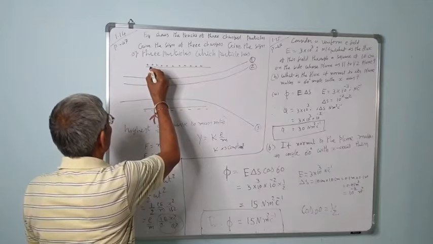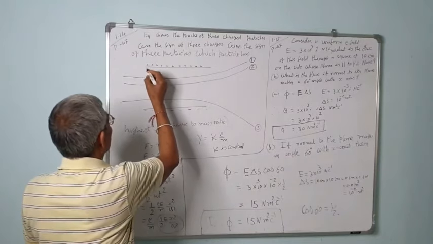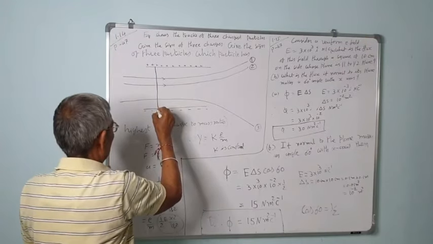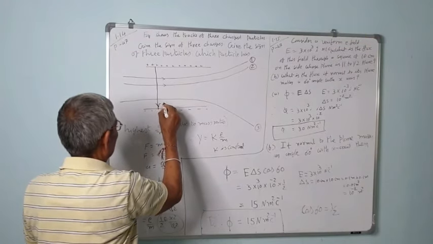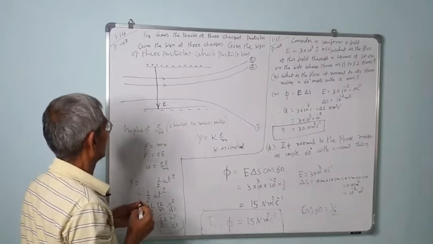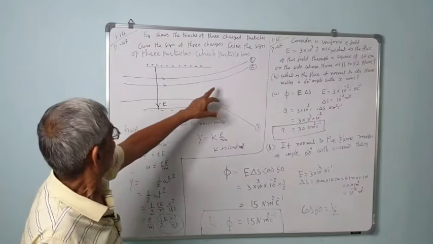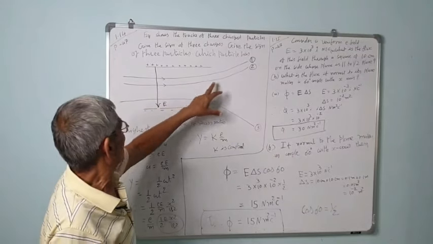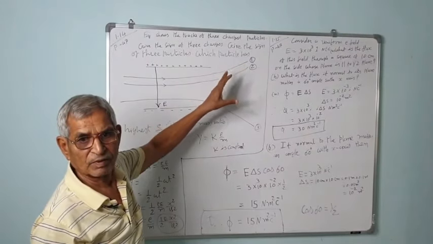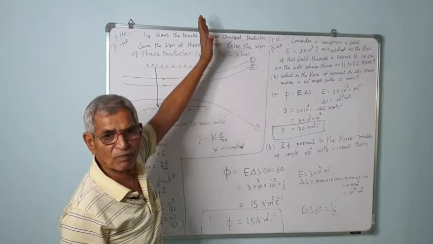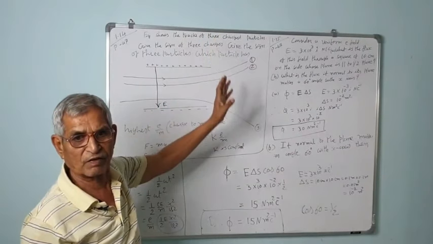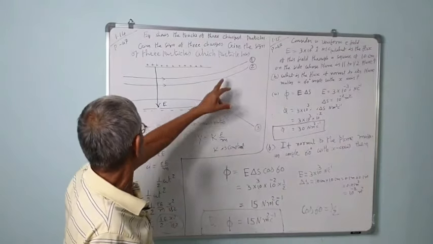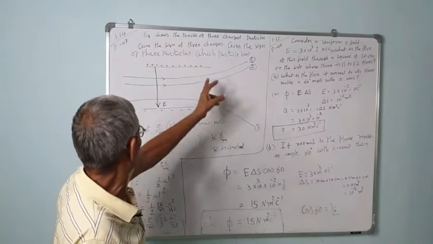Electric field is from positive. These are the 2 plates, a positively charged plate and a negatively charged plate, like a capacitor's plates. Electric field is from positive to negative. This is the direction of E. So particles 1 and 2 move against the electric field direction. Electric field is downward, they move upward. That is, they are oppositely charged, negatively charged particles. Correct? So particles 1 and 2 are negatively charged particles.